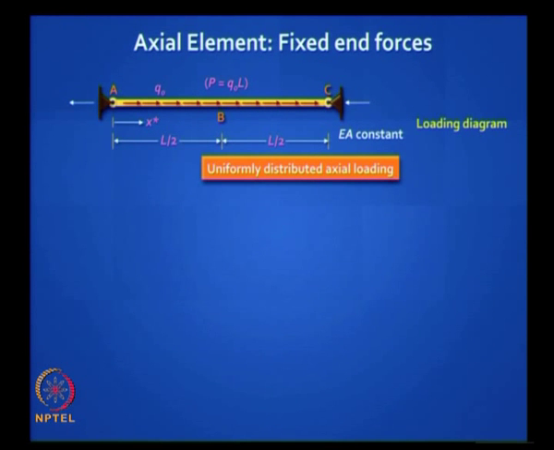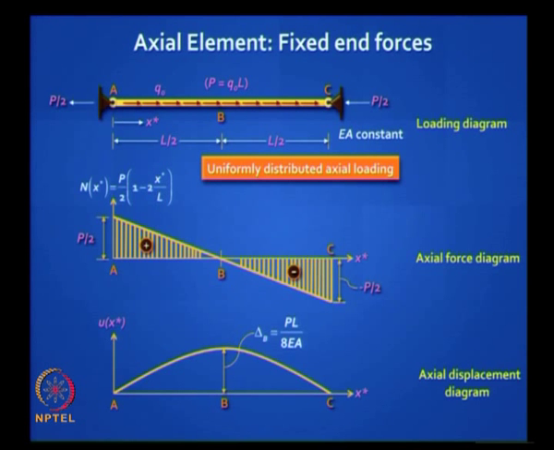The other case you should look at is if you have a UDL. If you have a UDL, what will be the reaction at the two ends? Very easy, half of the total load P, so it is P by 2, P by 2. What will be the variation of axial force? Linear, it will be linearly varying, not like the previous case. And how do you think the deflections will vary? Parabolically, and you can prove that the deflection in the middle is PL by 8EA. Is this easy for you? You can also remember the formulas for deflection, that is all you need to know. Of course you can have all kinds of intermediate loads, but let us limit to these two simple cases, store it in your memory and be ready to handle problems.